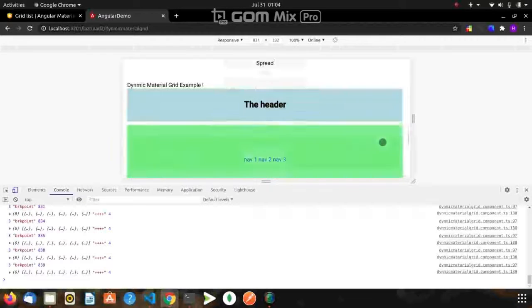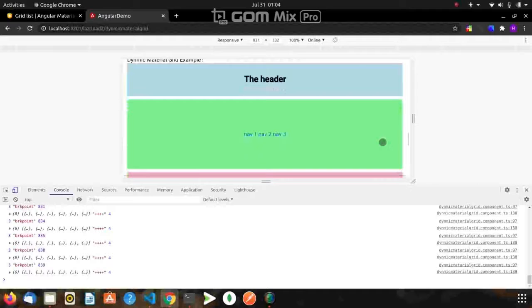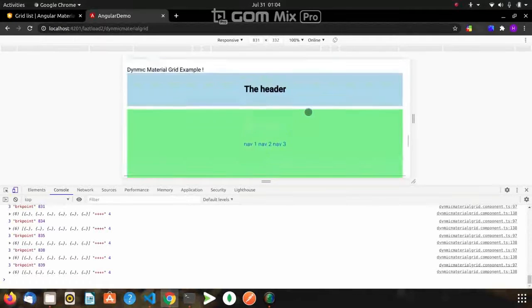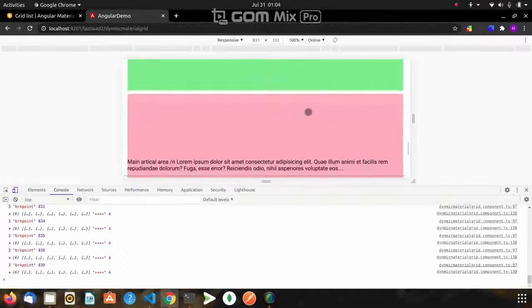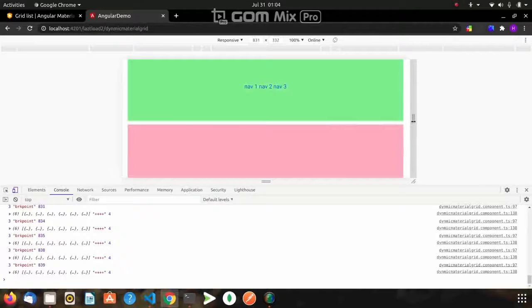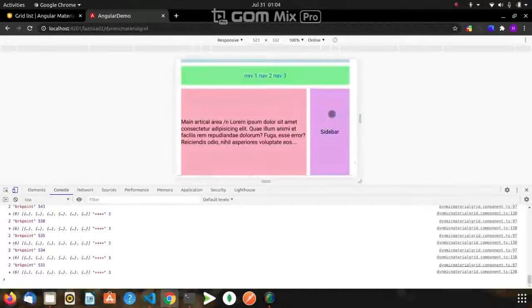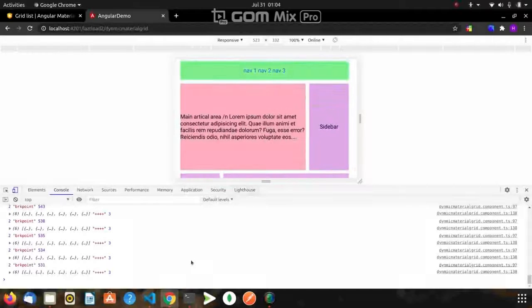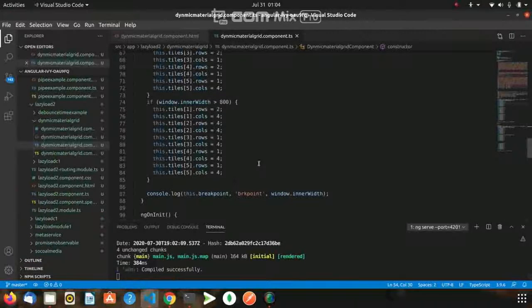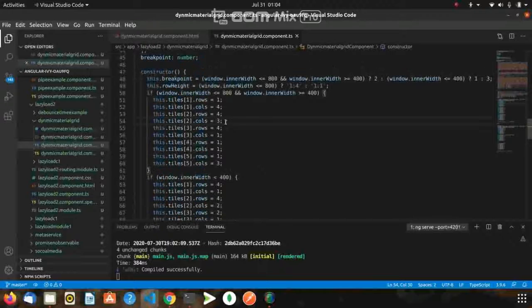When the size of the page is greater than 800, there are 4 columns, 1 column and 4 rows. And when it is less than 800, then column size 1, row size 1, and columns 4.